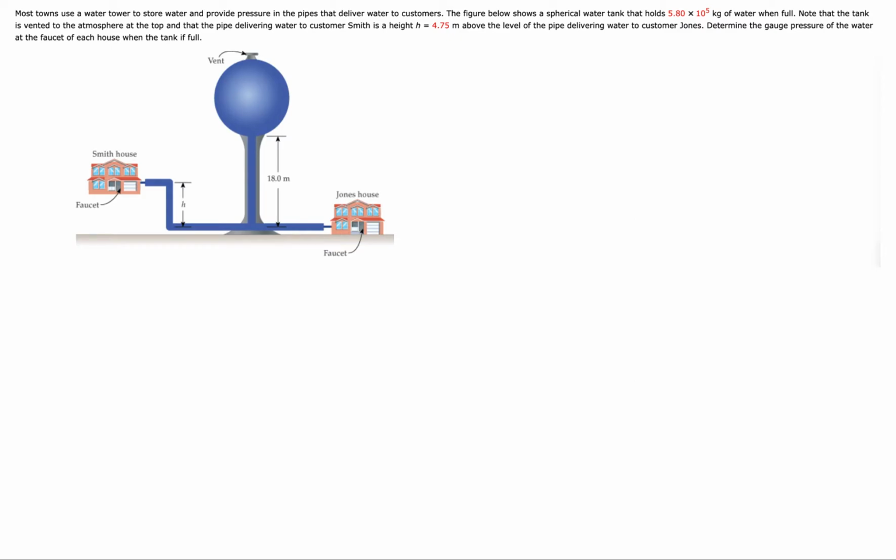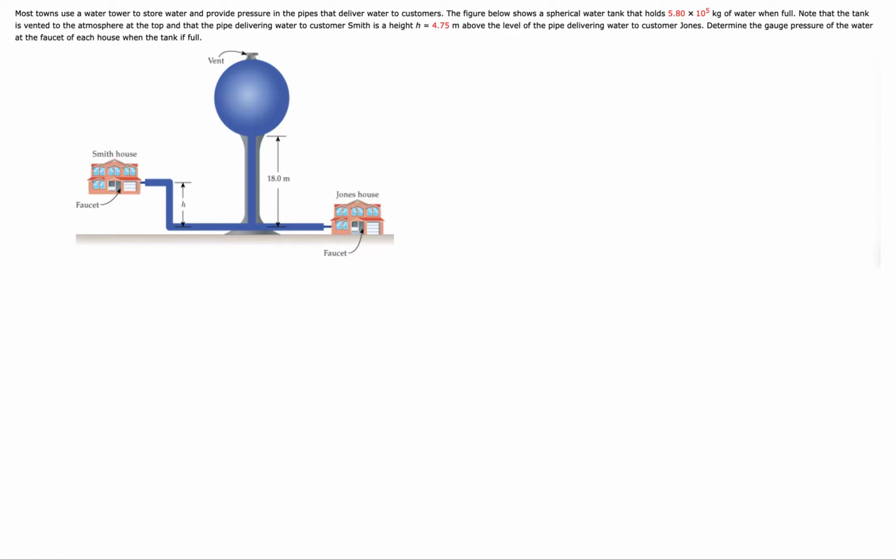Alright, most towns use a water tower to store water and provide pressure in the pipes that'll deliver the water to customers. The figure below shows a spherical water tank that holds 5.8 times 10 to the 5th kilograms of water when full. Note that the tank is vented to the atmosphere at the top and that the pipe delivering water to the customer, customer Smith, is at a height of 4.7 meters above the level of the pipe delivering water to